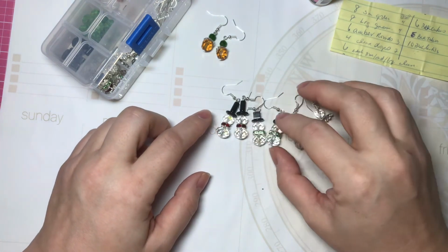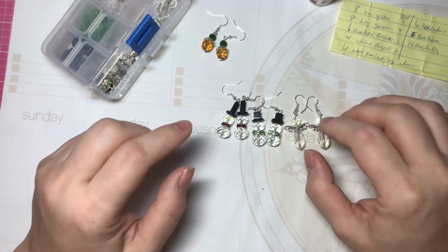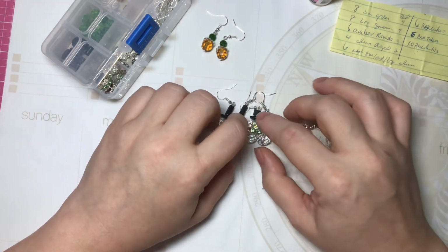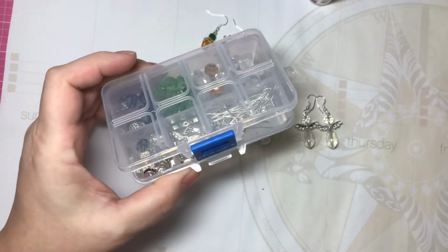So yeah, anyway, these are my super cute little earrings. And I had so much fun making them with this